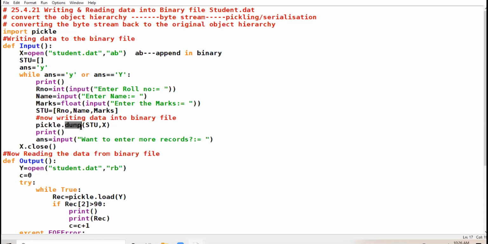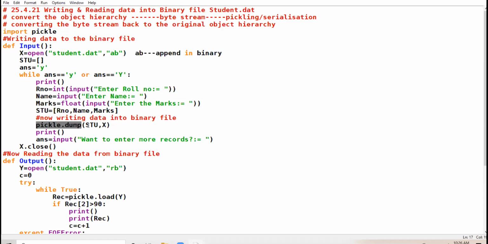Dump function, I told you, is an inbuilt function of the pickle module. So that is why we have associated this function along with the pickle module.